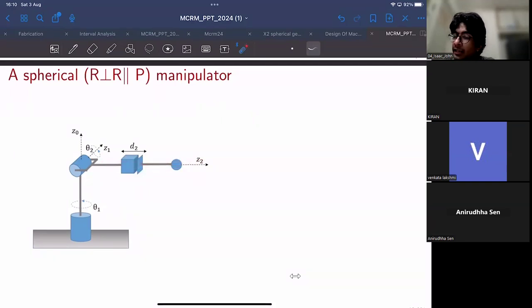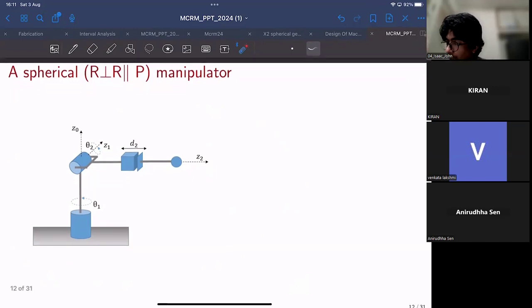And one another thing that you should notice is that there is no single way. You can assign this frame multiple ways. There is no unique way to assign frames and DH parameters in robotic manipulators. There could be multiple different ways as well. So I hope you can visualize this robotic manipulator. Maybe if I draw the links like this,